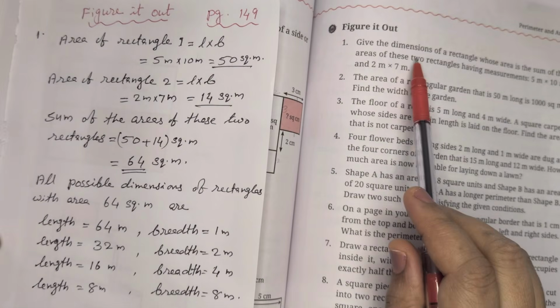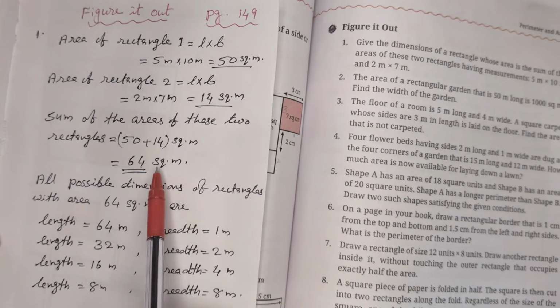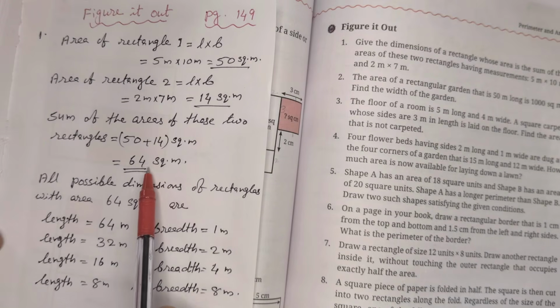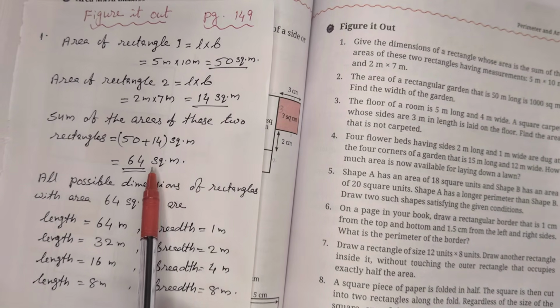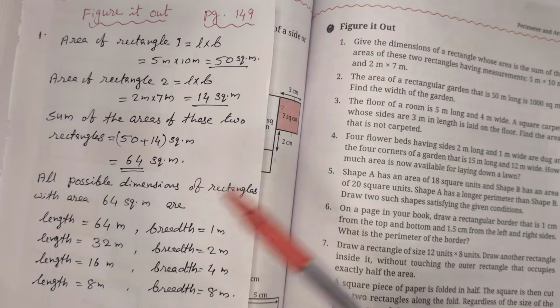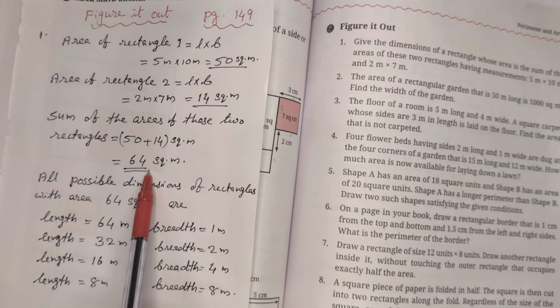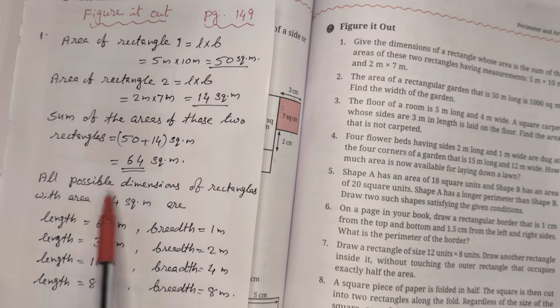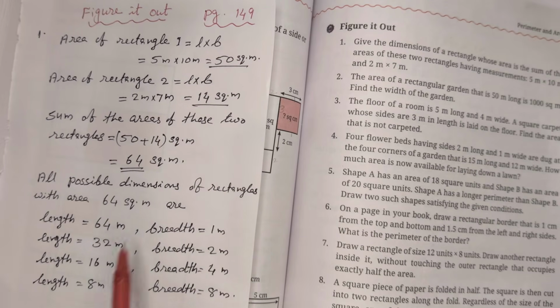Now give the dimensions of the rectangle whose area is the sum. That means the sum of the areas of the rectangles is 64. We have to check whether any possible dimensions are there or not. We got 64 as the area. So all possible dimensions of rectangles with area 64 square meter are: